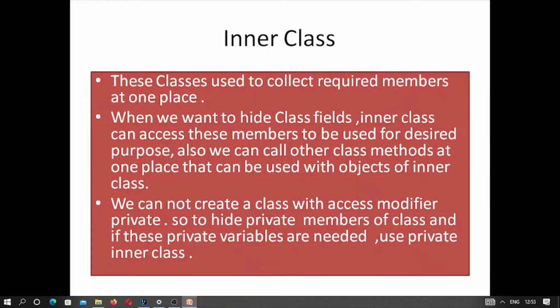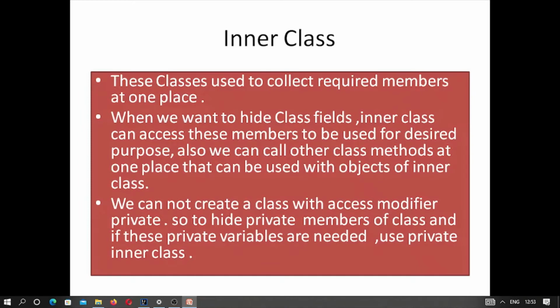An inner class means a class which is located inside an outer class. And why are we creating this class? Just to perform a specific work. Sometimes we want to hide the fields of our outer class from the access of the outer world, and in certain methods sometimes we also require the fields.